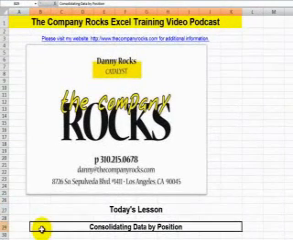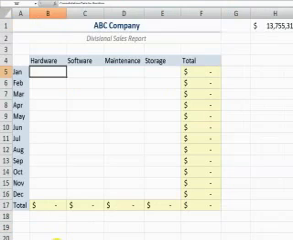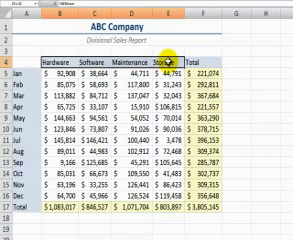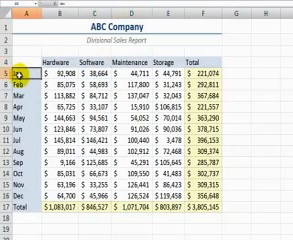I'm Danny Rocks, and in today's lesson I'm going to demonstrate one approach to consolidating data, taking information in multiple Excel worksheets and consolidating them into a totals report. We're going to be consolidating by position, which means we're going to be taking information from 4 divisions: north, south, east, and west. Each of the divisions is set up identically, meaning that each of the 4 divisions sells the same 4 product lines: storage, maintenance, software, and hardware, and we're reporting sales for the 12 months of a calendar